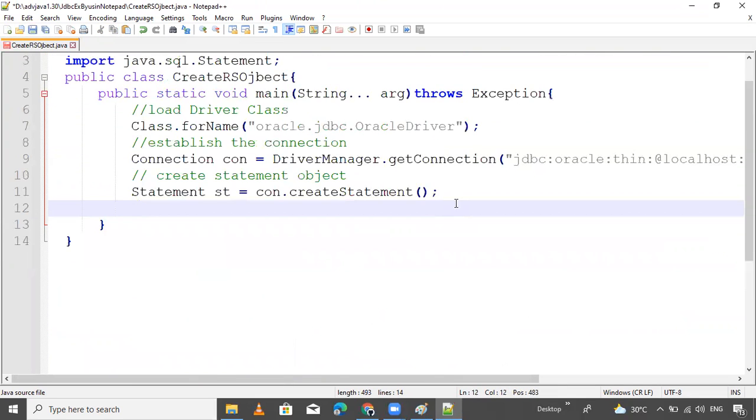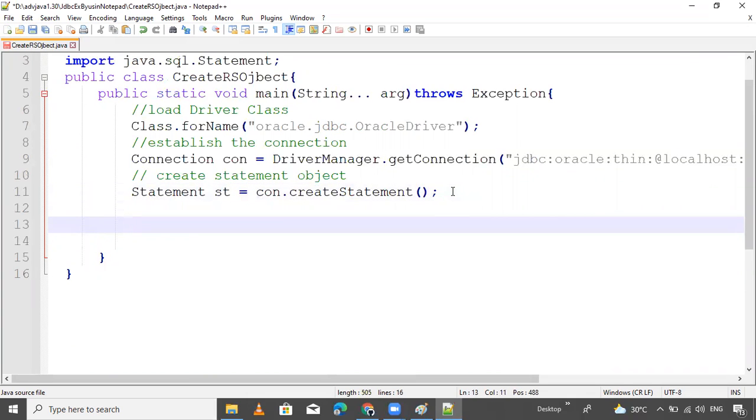Remove this. So now here, I want to get the data from the database and print it. So what should we do? Simple: st dot executeQuery method is there.